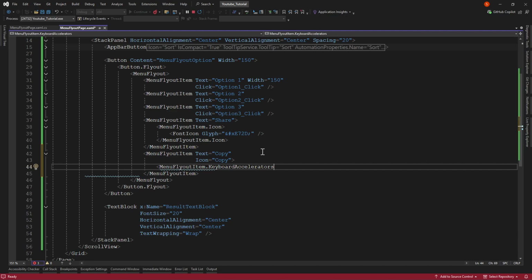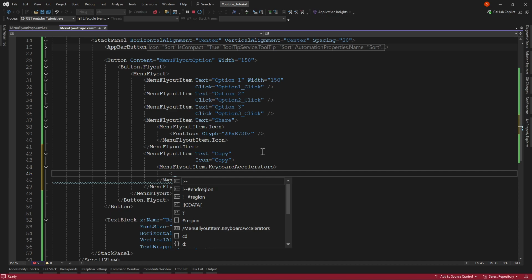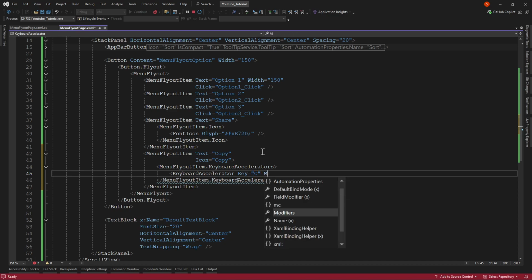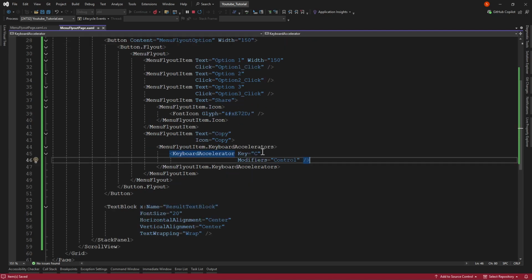Yes, this one. And keyboard accelerator key C, and modifier control. Okay, it's complete. Now I run the code.